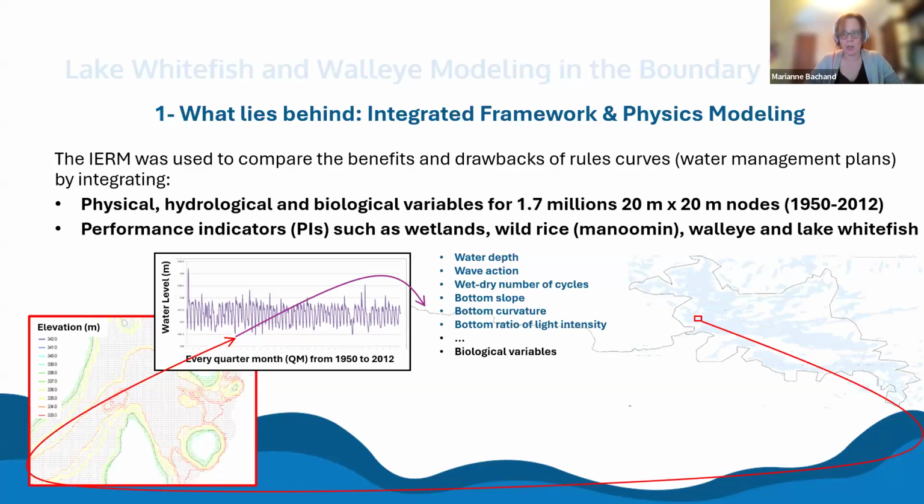So the REIM includes a digital elevation model at high density. It's coupled with water level time series and a wave model. And all of those layers add up, and we have a grid with a point every 20 meters. And at every one of those points covering the lake, we can calculate from 1950 to 2012, and now to 2024.